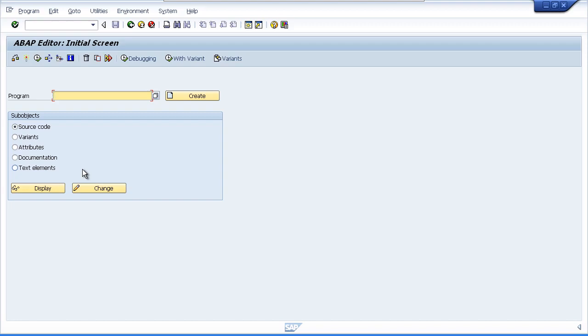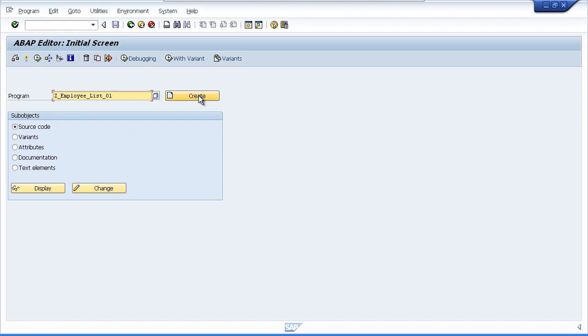So let's get going and we'll enter our first program name. Now remember, we have to use our own customer naming conventions. And in this case, that means we're going to start the program with the letter Z. After a Z, you can name it whatever you want. We're going to stick with the employee theme that we used when we created our table. So I'm going to enter Z_employee_list_01. You notice that I used underscores just to separate the words within the program, just to make things a little easier on the eyes. Ensure that the source code radio button is selected,